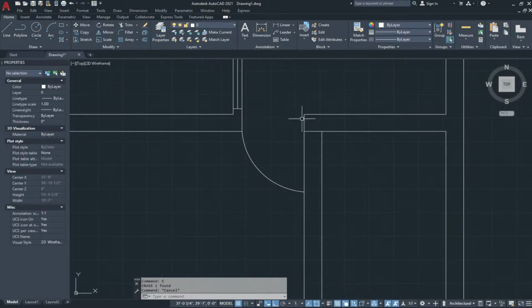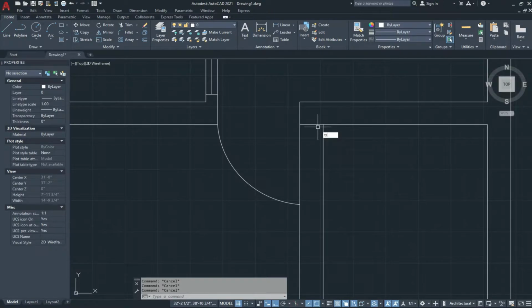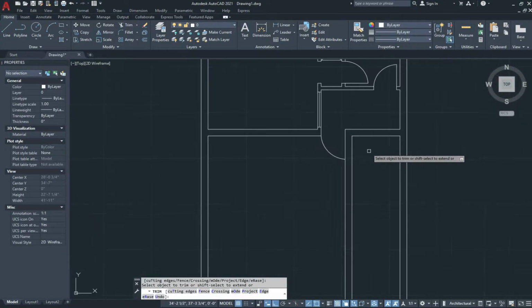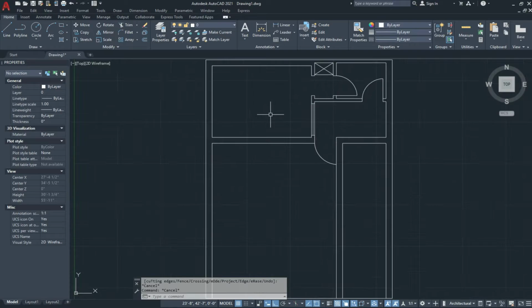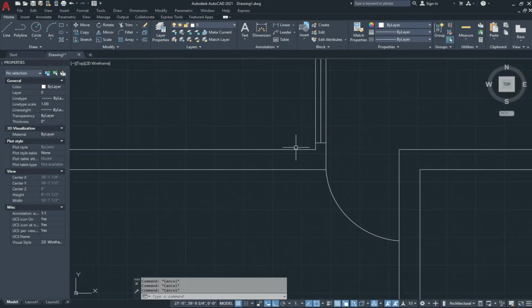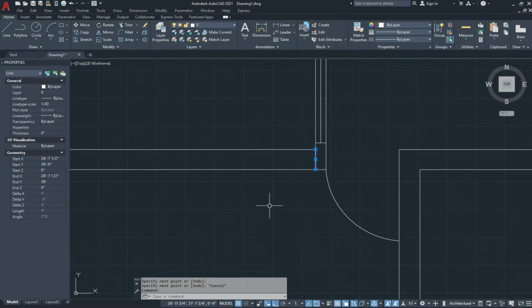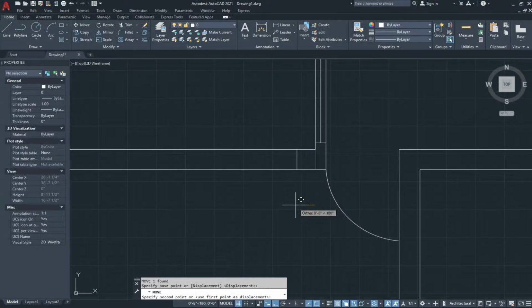Select it and delete it. Move this line 4.5 inches